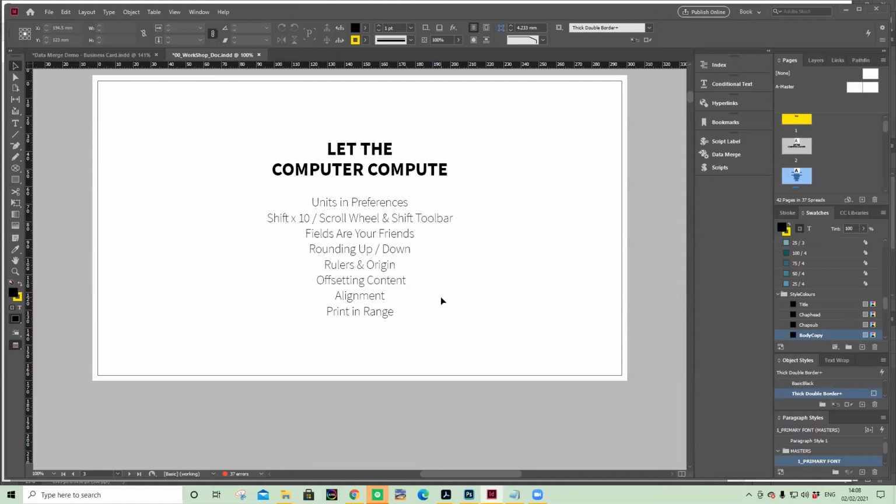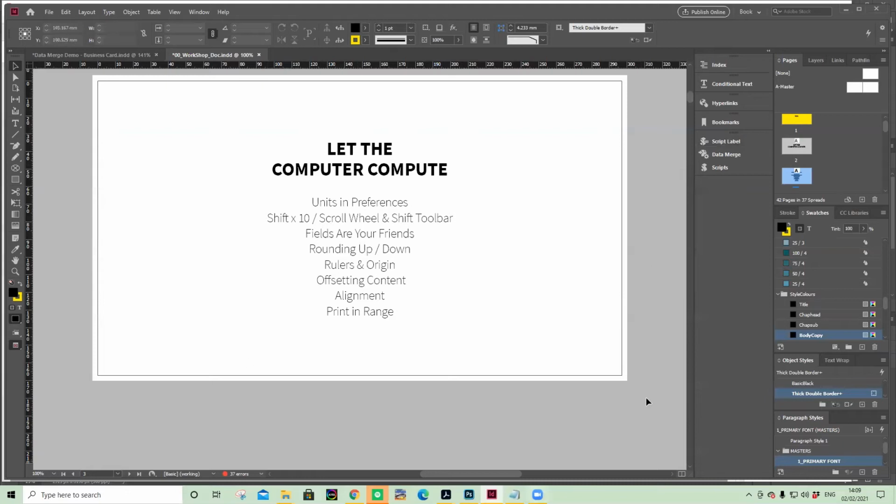So the purpose of using the book system, as the name implies, is that it's designed to be used by teams. So if there's a group of people working on a single publication that might have 10 or 15 chapters, the book structure is a way of organizing all those individual InDesign files in a way that is manageable. They can be connected, or you can work with them individually. That will all make sense a bit later on. But let's kick in with let the computer compute. So, starting at the beginning,